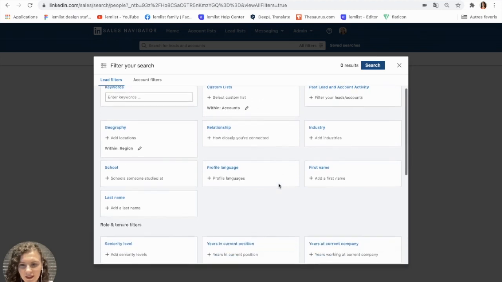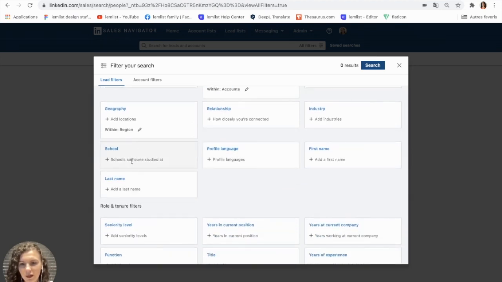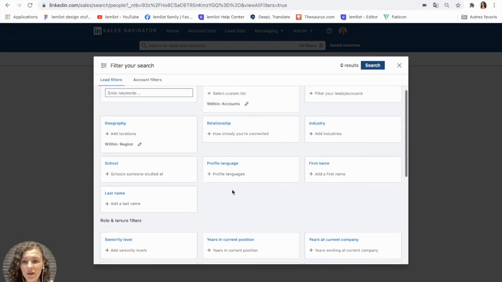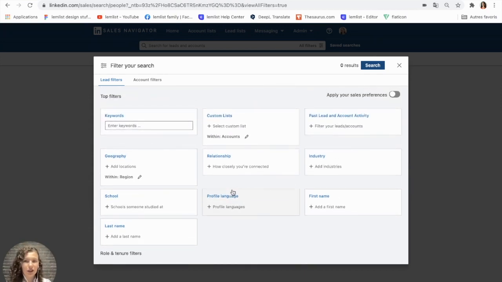Another great thing is that it allows you to add what school people have gone to. So this is especially great when you're sending out your cold mail campaigns, because if someone attended the same school as you and you mention this in your email, there's a much higher chance of them at least responding to your email. Even if they aren't interested, at least you'll get a response rate and you'll get some feedback in return. So now that we have gone over the advanced filters, we can move on to the next part, which